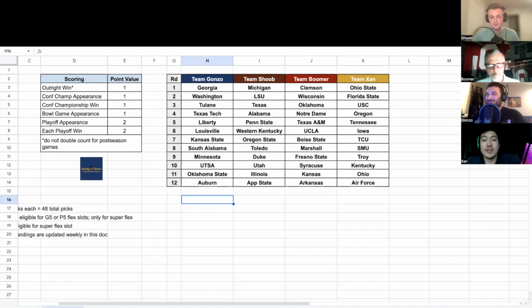Even if you think Liberty with their easy schedule, which I don't think is a bad pick, their line's 8.5. They could win 9-10 games, so you could get similar value relative to Penn State. I don't think it's a bad pick because your team might actually be in the conference championship. It was taking Texas Tech.